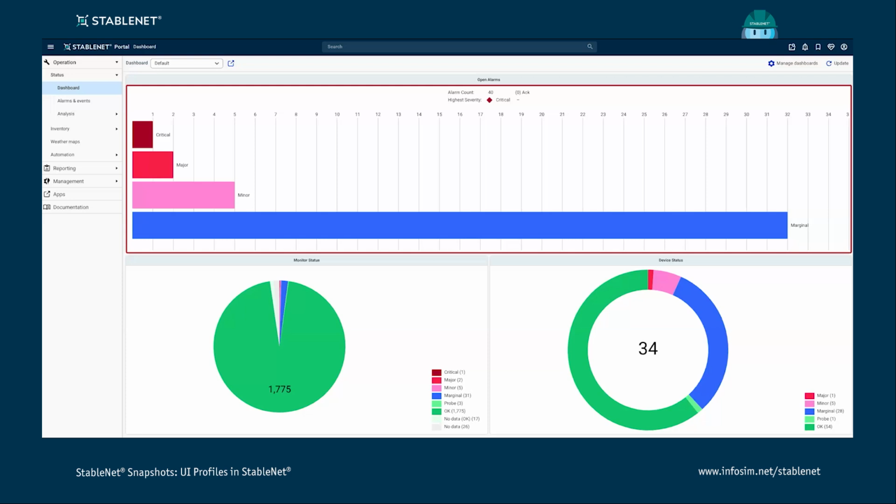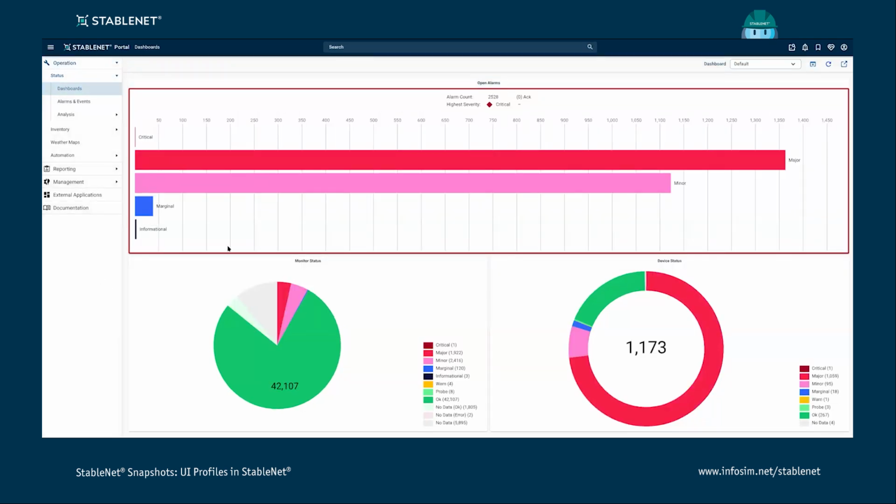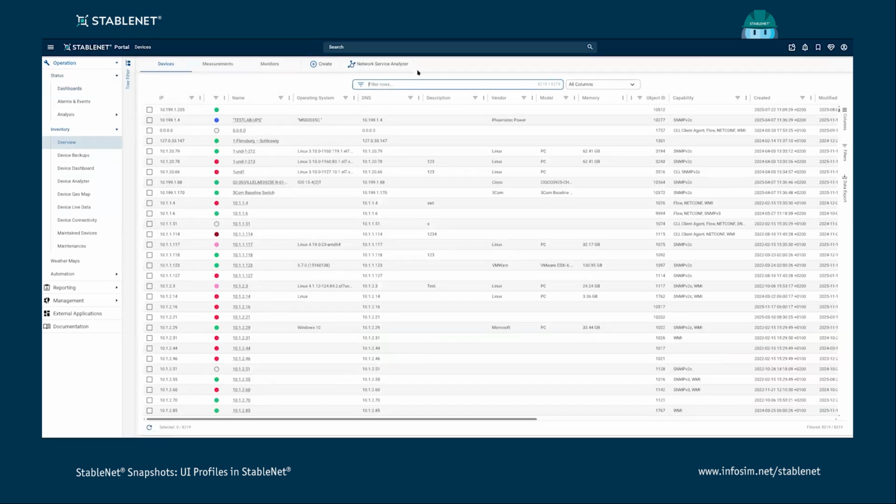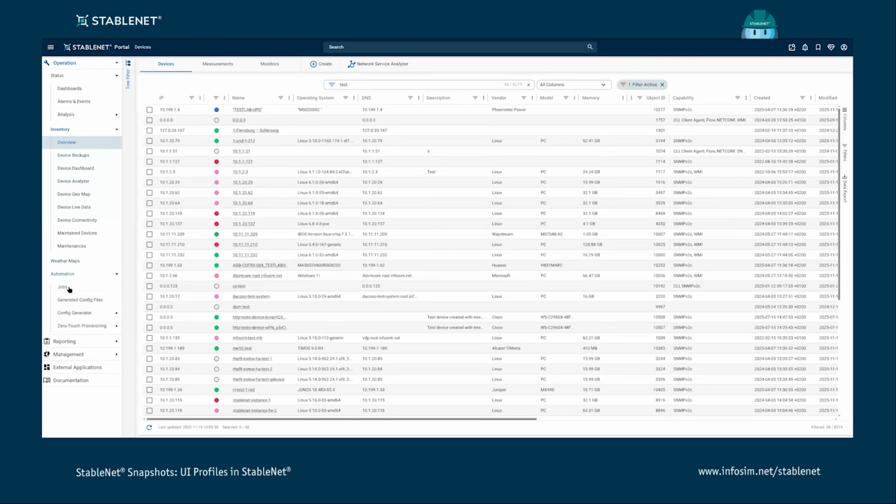And last year, we introduced view caching. I'm now on the StableNet 25 version. With view caching, we already improved workflows within a single session. As I will show you real quick, when I adjust some tables here or set some filters, like searching something, and I switch the view to another one and jump back to it, everything is the same as it was. You didn't have to set up